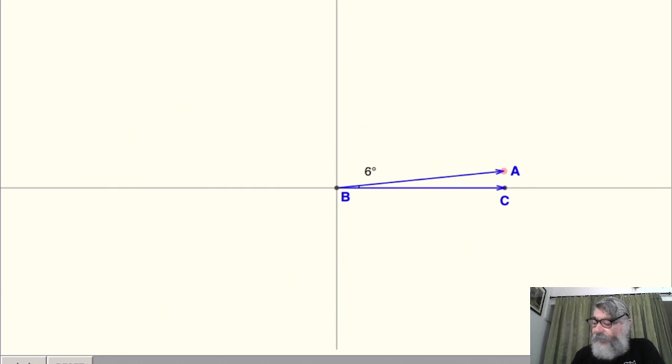Suppose I rotate this further. I have rotated BA. This is the generator line, and it is generating the angle. So the line AB now makes an angle of 37 degree. Angle ABC is 37 degree just now. If I rotate it further, you can see 66 degree. The angle ABC is 66 degree.